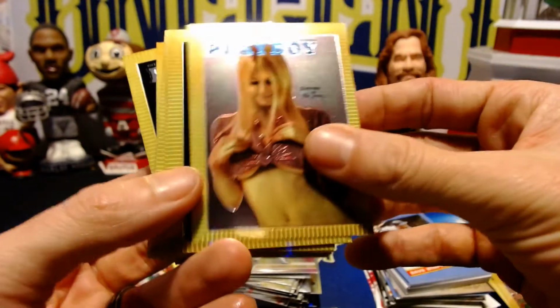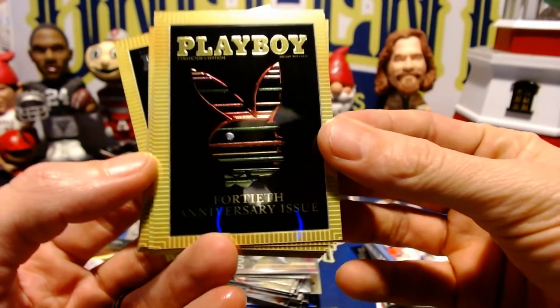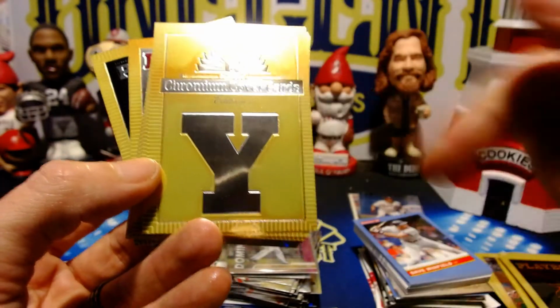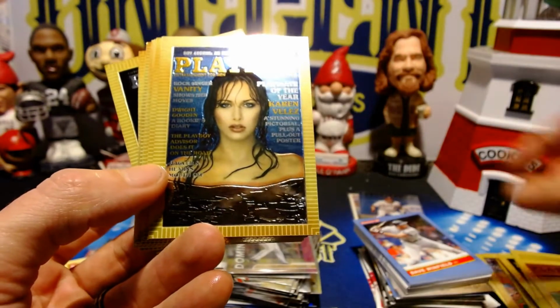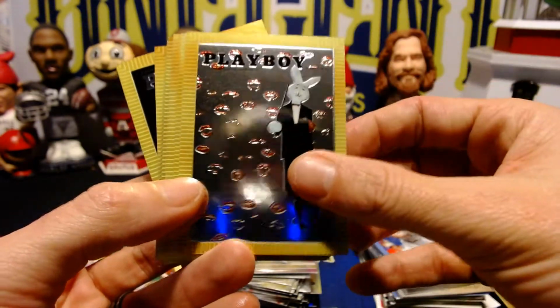So this took, I think, from 95 all the way back. That's the 40th anniversary issue. That's a cool one as well. So these all spell out Playboy if you collect them all. So they go all the way back to the 50s. That's Karen Velez. So a lot of the